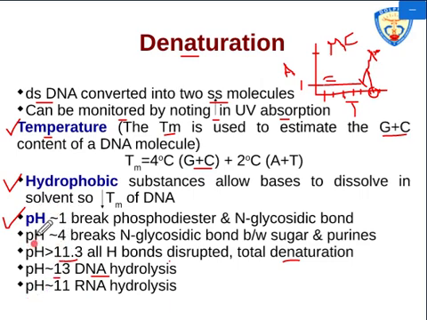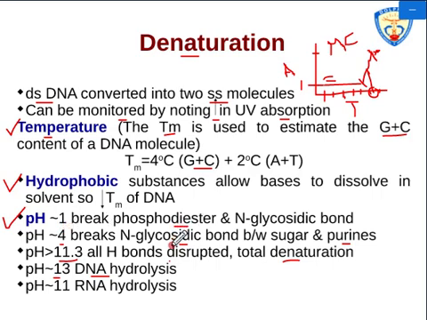Now if you go towards the acidic side, between pH 4 and 7, the DNA will remain stable. Approximately at pH 4 or below, the glycosidic bonds which are present between sugar and purines break and purines will be released from the DNA. Such DNA is called depurinated. So DNA depurination takes place at pH approximately 4, and at pH approximately 1, all the phosphodiester bonds, that is